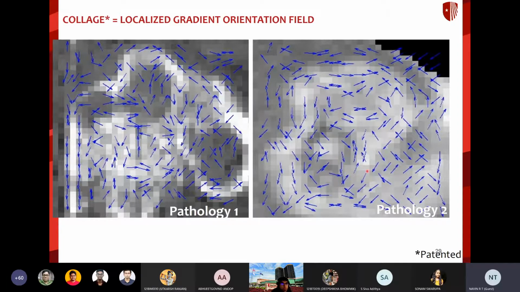Now, what you can see on the screen right now are examples of, so one of them is a radiation necrosis and the other one is a recurrent tumor. Now, radiation necrosis is a relatively benign condition, while recurrent tumor is a more aggressive condition. Now, maybe let's play a pop quiz here. So can any of you here tell me which of these is radiation necrosis and which of these is recurrent tumor?